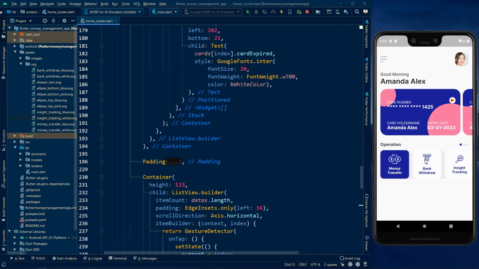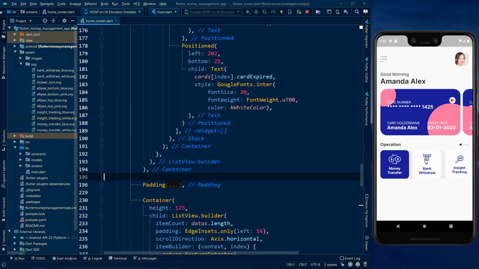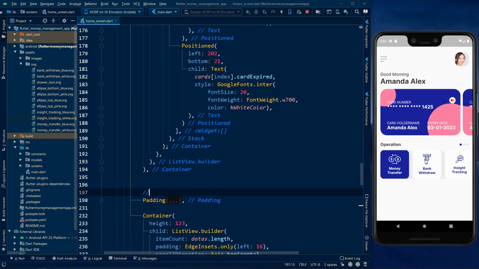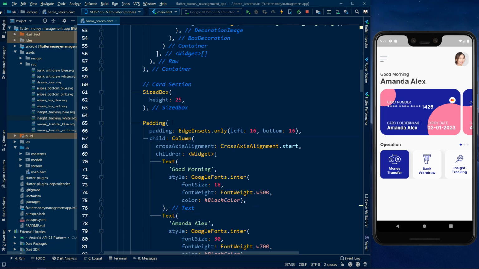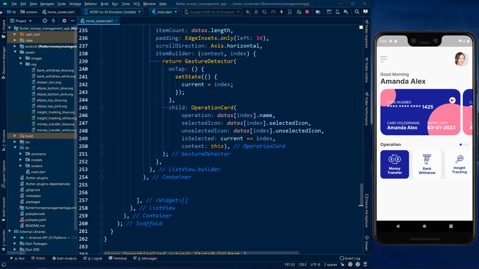So I think we can give a comment right here to make our code more readable. Operation section. So let's see, in the previous CRUD section, operation section, and the last is